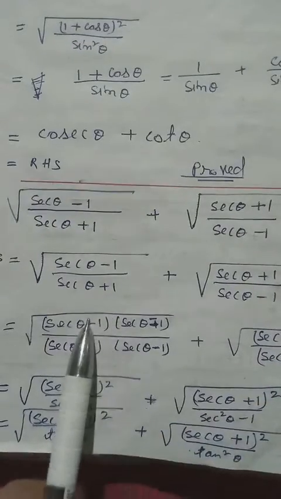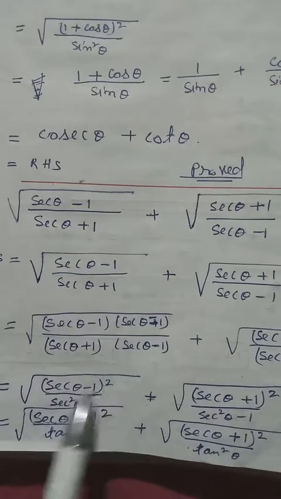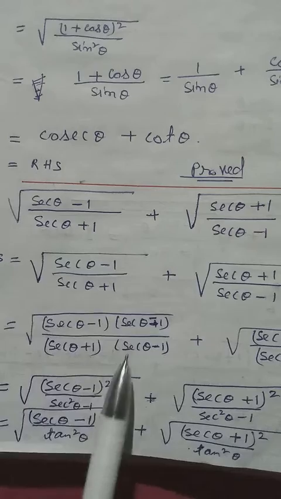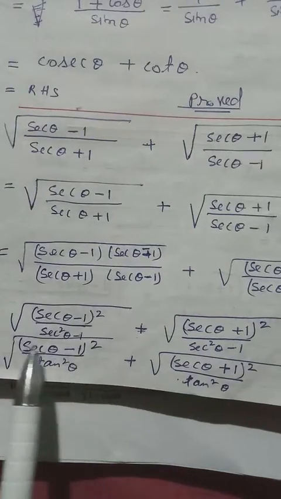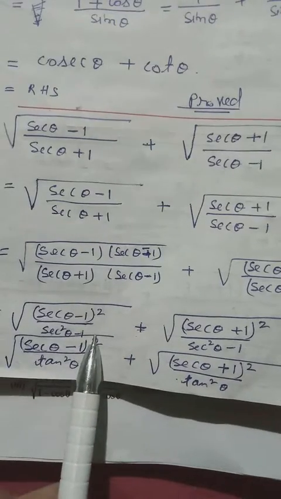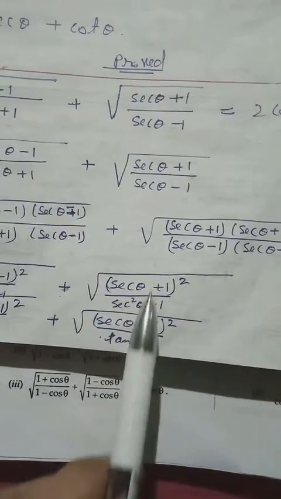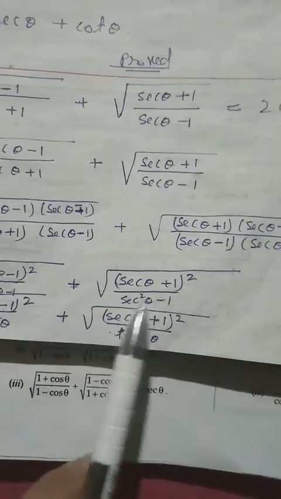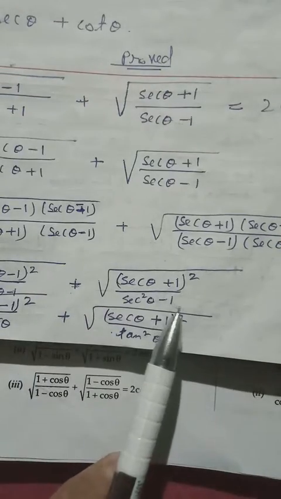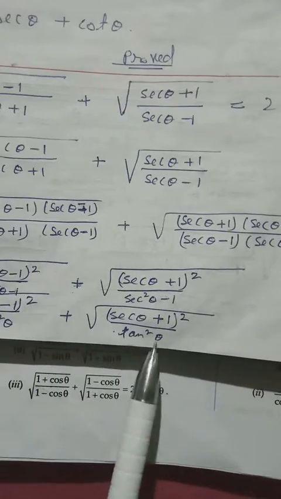Then if we look here, both with minus, since we want to remove the square root, we will write it as a whole square. Then here we can apply (a plus b)(a minus b), which is equal to a square minus b square. Then sec square theta minus 1, from identity we know it is equal to tan square theta. Here also the same, both are plus, we can write square. Down we can apply (a minus b)(a plus b), which is a square minus b square. 1 into 1, 1. Then sec square theta minus 1, from identity we have tan square theta.